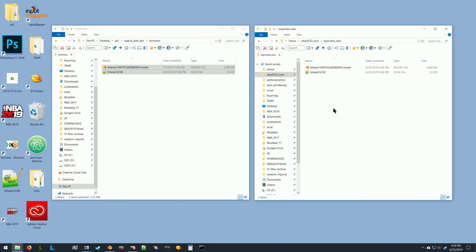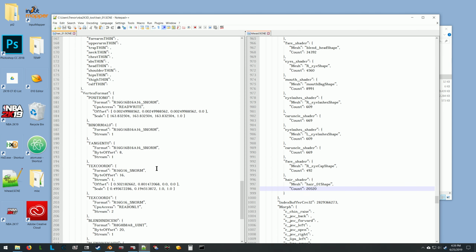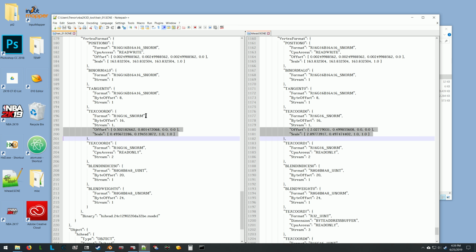You will see that if I go back here, I might still have them open in here. Yeah. So if you go to the vertex format area, you don't need to look into it too much, but at a glance, if you look at these numbers, go to text chord 0, and look at the offset and scale and highlight them, you will see that these numbers are quite different. And so basically this